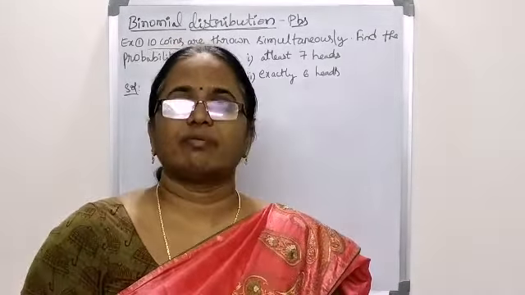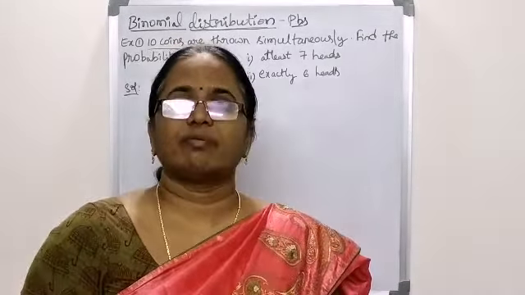Here inside the brackets we have 7, 8, 9, 10. They are non-negative integers. Therefore, the distribution of the given probability belongs to the binomial distribution, because the variable x is taking non-negative values which are 7, 8, 9, 10. So I am applying the binomial distribution function. As we all know, from the binomial distribution, P of x is equal to nCx into p to the power x into q to the power n minus x, where p plus q is equal to 1.